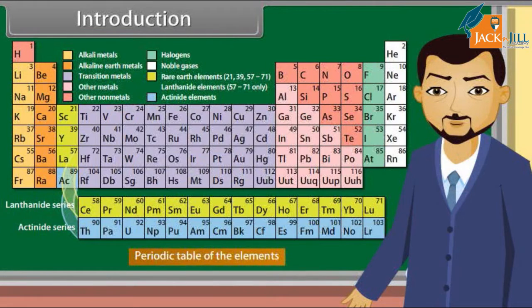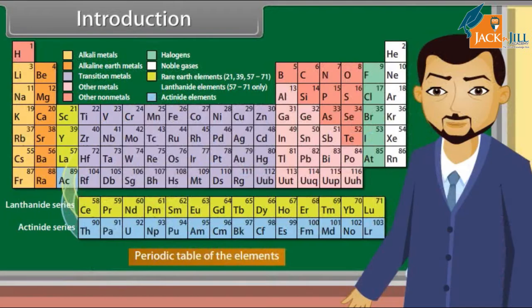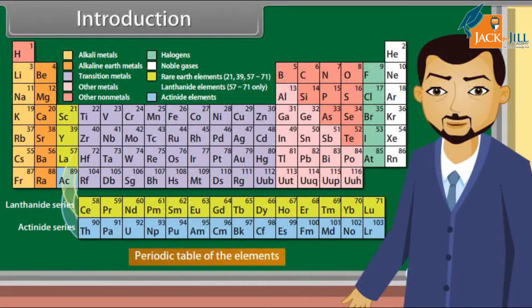The periodic table is the arrangement of elements in such a way that similar elements fall in a group, whereas dissimilar elements are separated. So, teacher, we will classify the elements on the basis of their properties? Well said. Thank you, teacher. So, let's proceed. In this lesson, you will study the elements that are known and classify them.